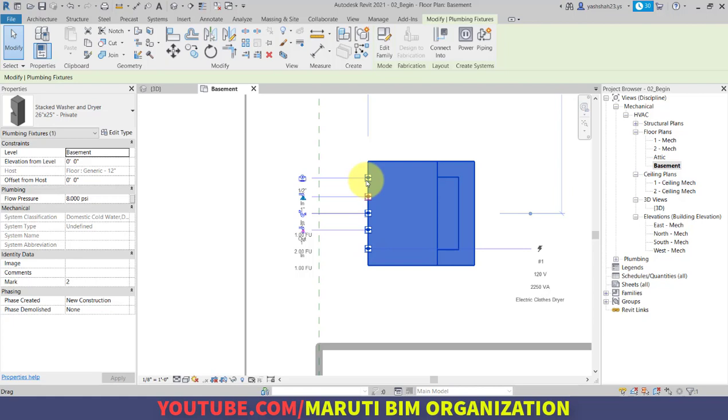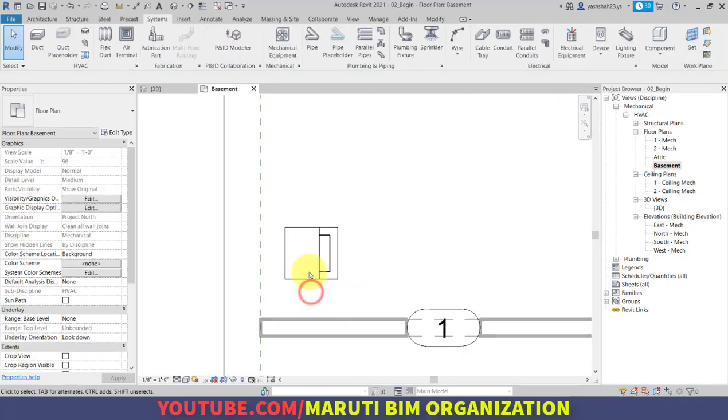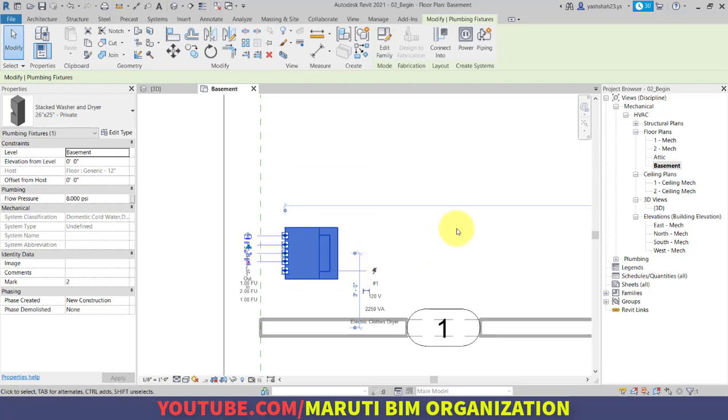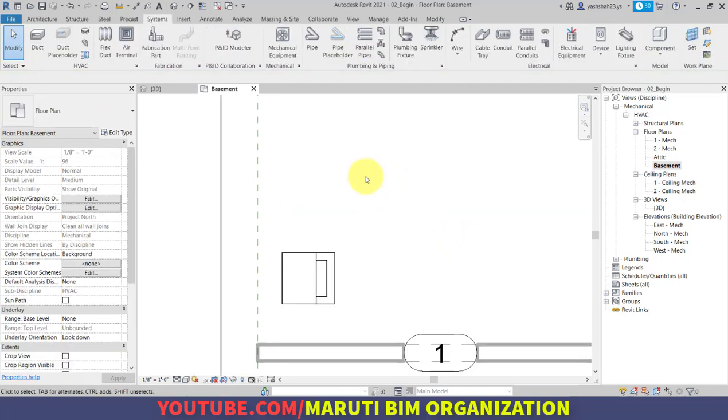These are all the supply points. The first one, as you can see, is create pipe, then after that you can create different sorts of pipes in order to connect this washer and dryer. So this is the washer and dryer that we have created in the basement level.